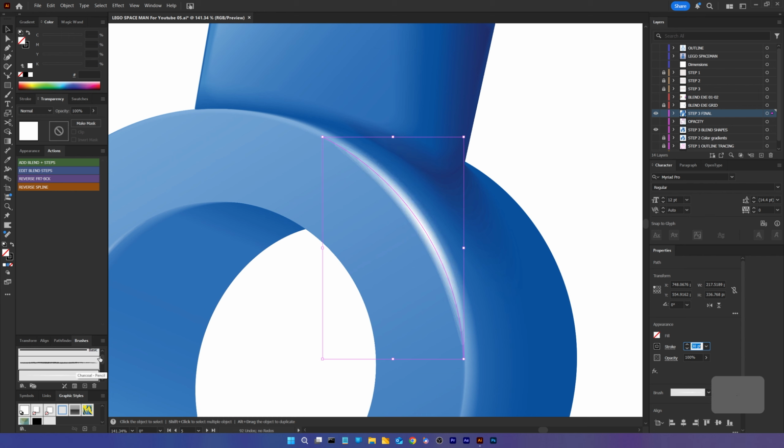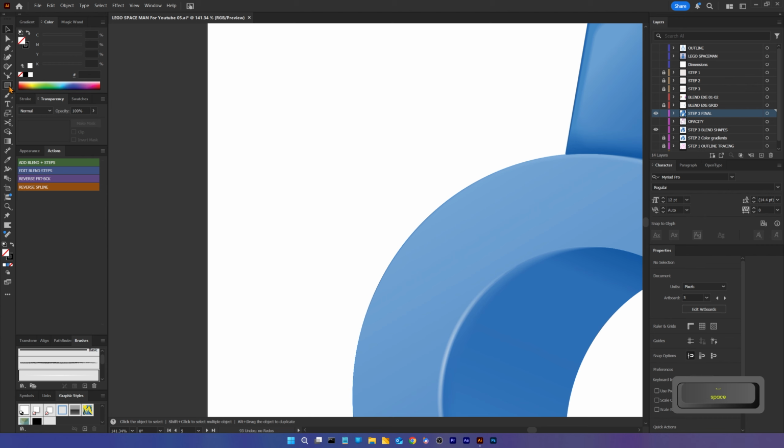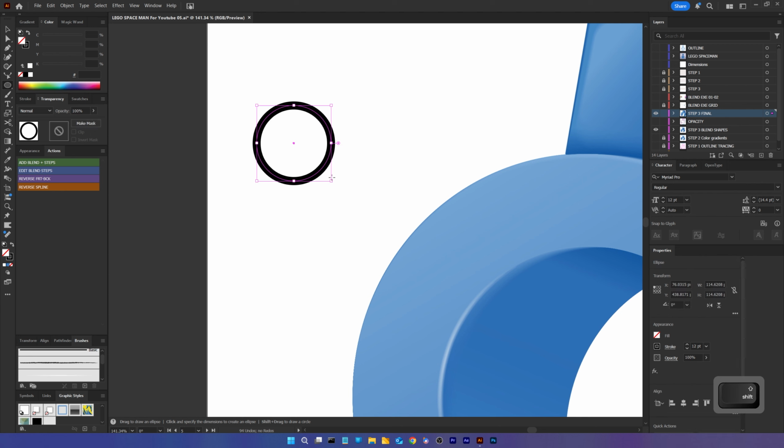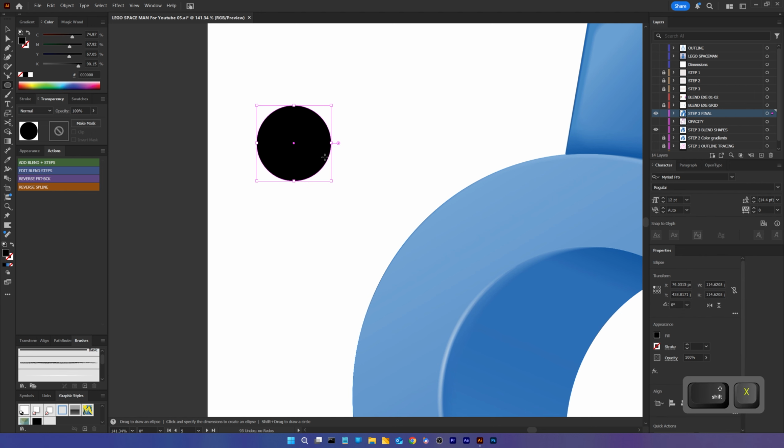Here's the technique I use. Here's the way I build those highlights. Start with a black circle, no stroke. Make it black because it's easier to define the brush color afterwards. In the transparency panel, set the opacity to 0. Next, copy it with Ctrl or Command C, then press Ctrl or Command F to paste it in front. Set its opacity to 100 and scale it down.